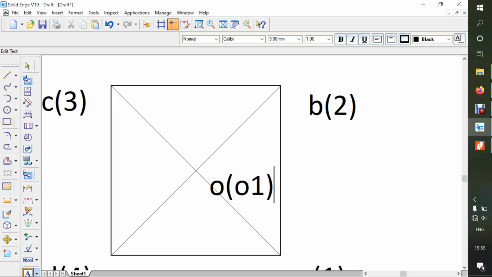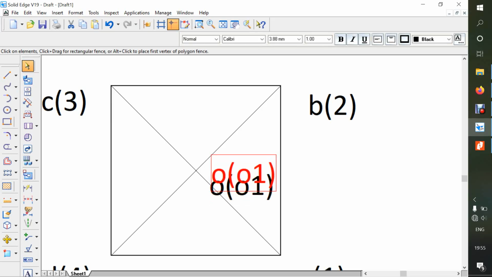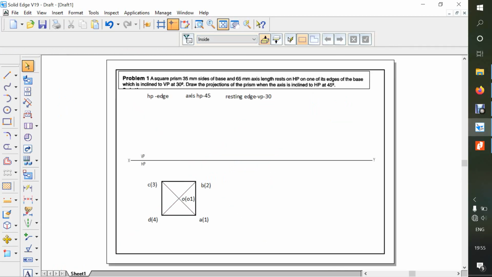So close it. This is how exactly we name the center, that is the axis. Now in the top view it is looking like a point. Now again fit to the screen. So this is how exactly it looks in the top view, a square prism resting on the edge.